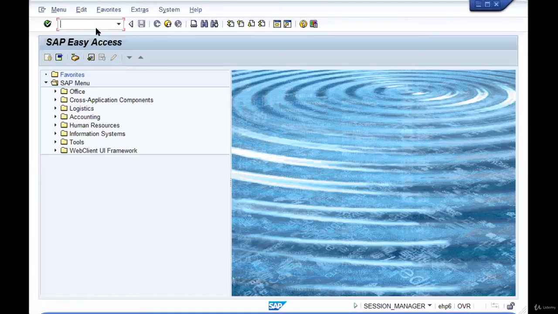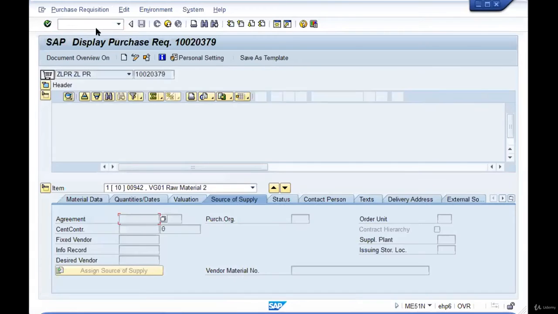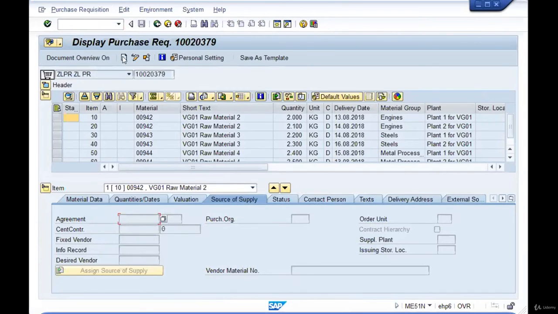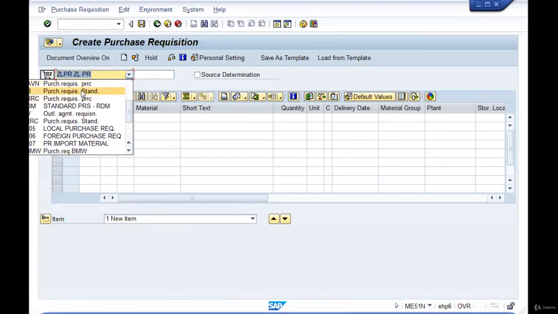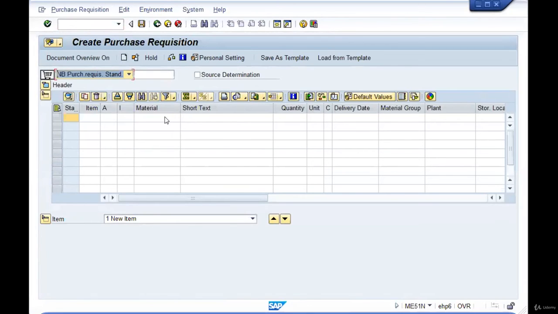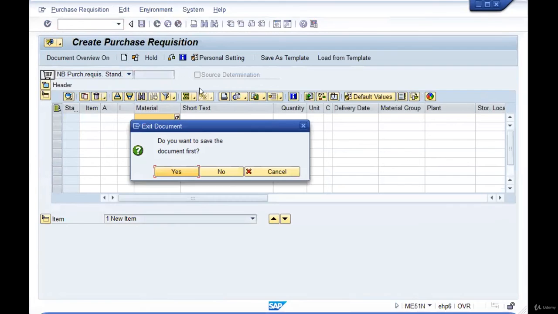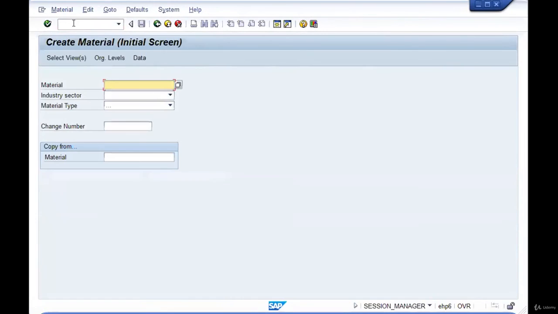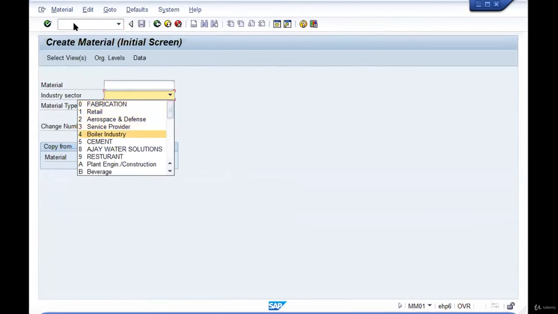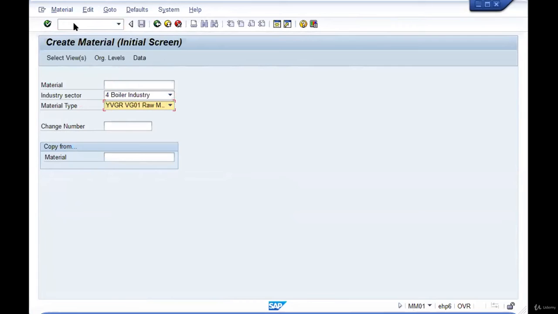First, we create a purchase requisition. So I go to ME51N, create a purchase requisition, on create, select the document type, which is NB. First I create the material with auto PO checking settings. So go to MM01, select the industry sector and the material type.